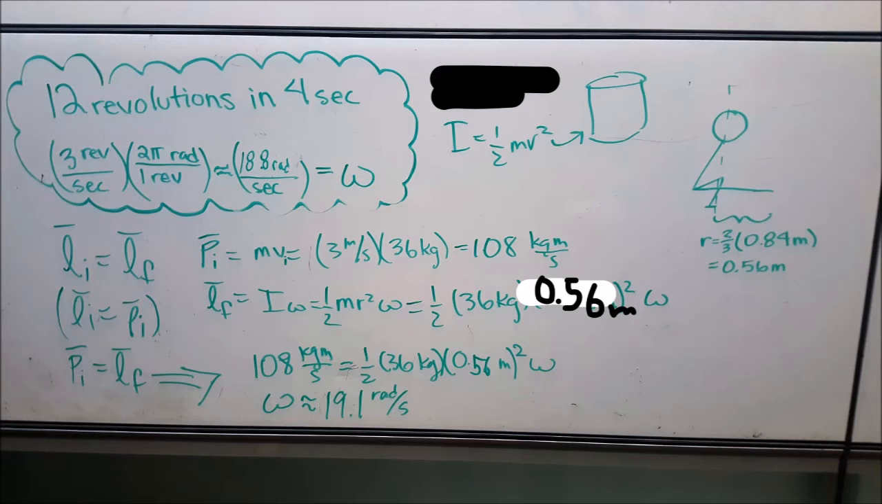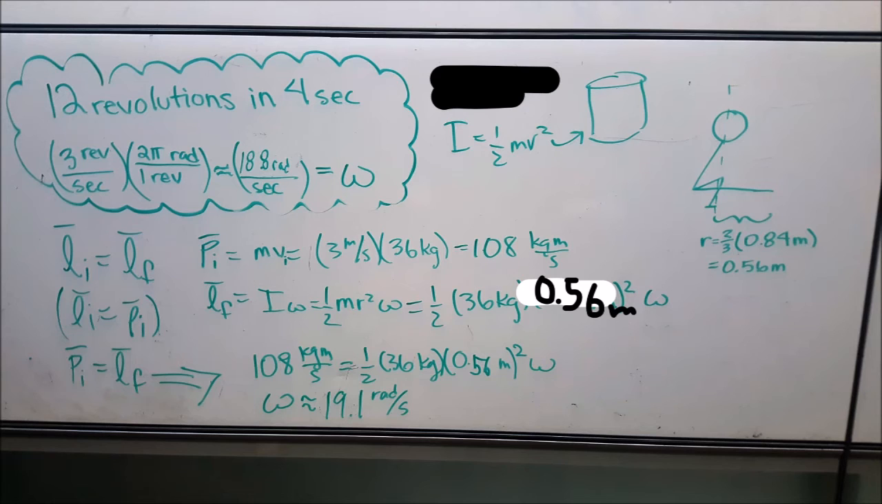Next, because momentum is always conserved, and because she started with a linear momentum, we set that equal to her initial angular momentum, which is going to be equal to the final angular momentum. So after some slight calculations, we found that the initial momentum would be equal to 108 kilogram meters per second. We set that equal to I omega, where, as shown here, we found I to be 1/2 times 36 kilograms times